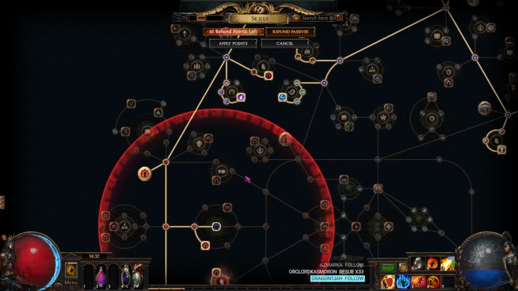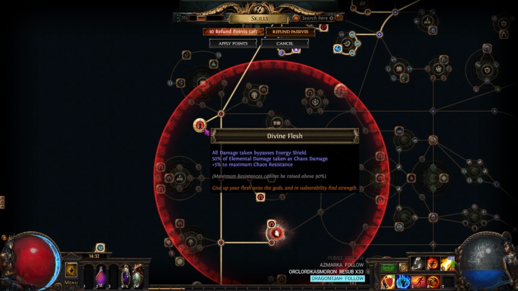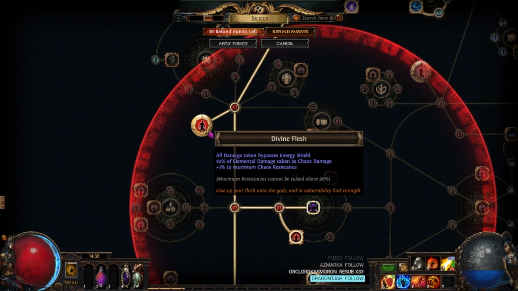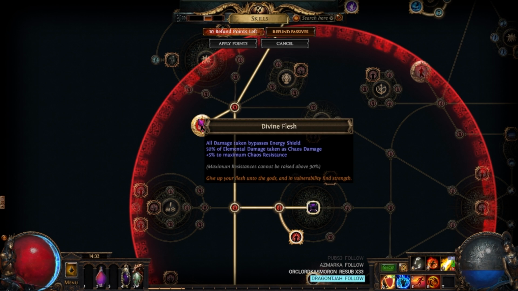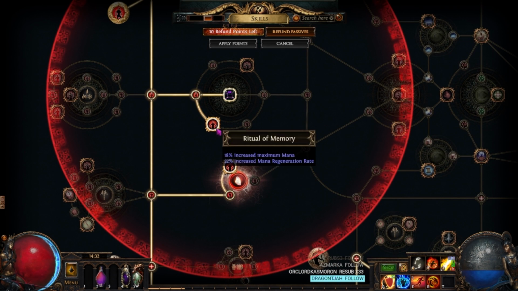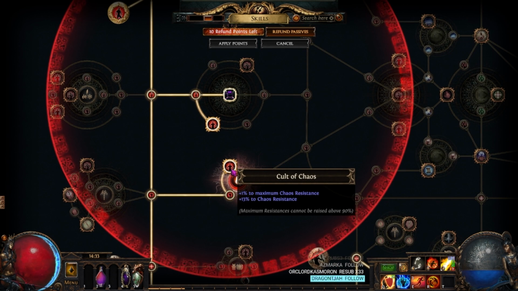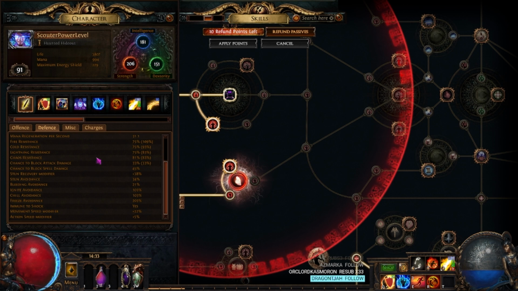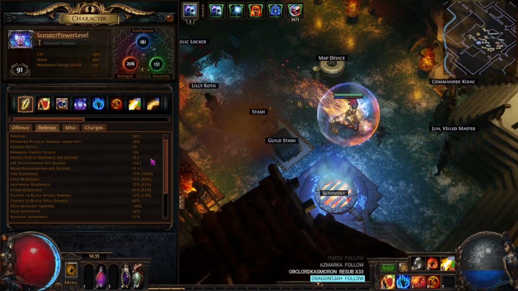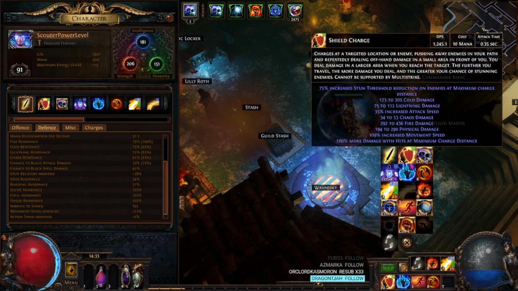The only other thing to note is we're converting this node here, which I believe is like the Agnostic or something, to Divine Flesh, which means 50% of your elemental damage is taken as chaos. And then we have max chaos res here. So if you go to the defense, you will see we have 81 chaos res, which is pretty nice. And we also have, if we put all our auras on,